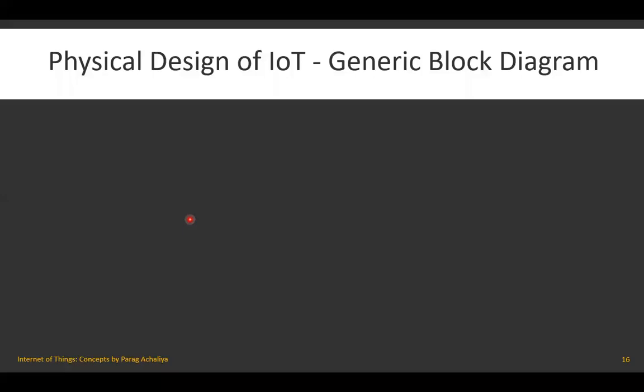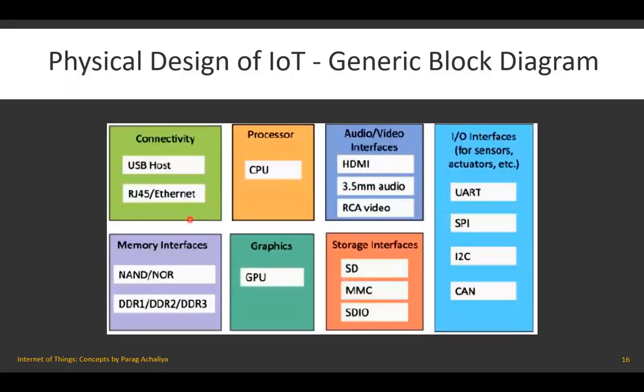Now we will see the generic block diagram of your IoT device or IoT application. This generic block diagram is applicable to all the IoT devices that we have discussed in the previous session. There is one connectivity module for your IoT device that we already discussed. This connectivity module will have either a USB host or your Ethernet, then it will have a processor, it